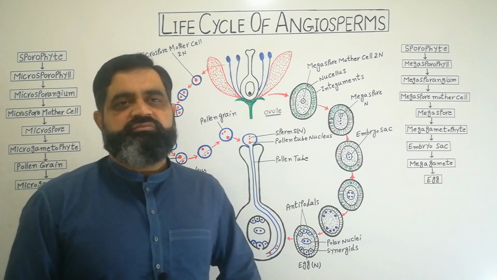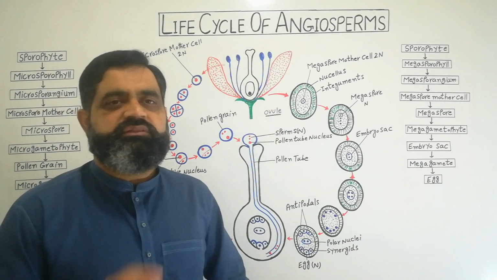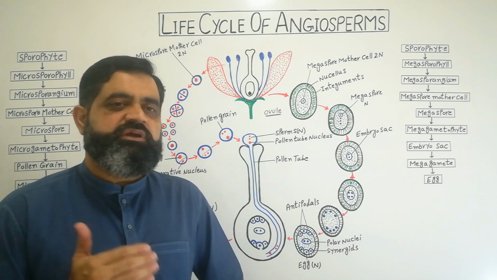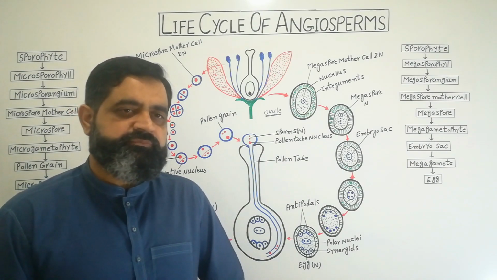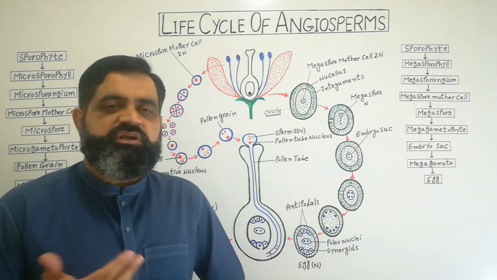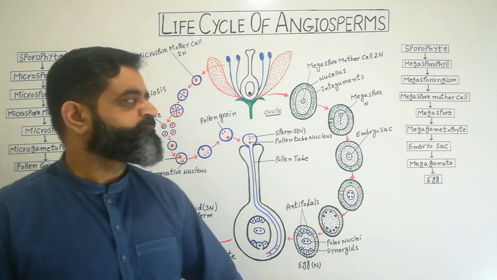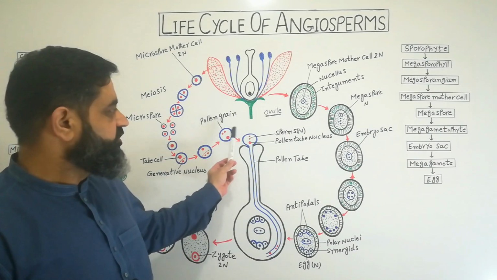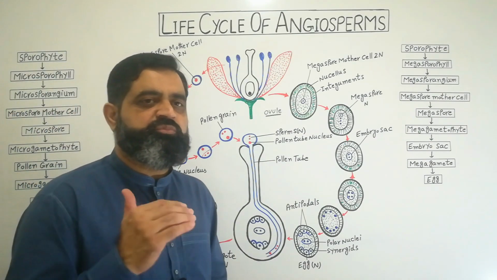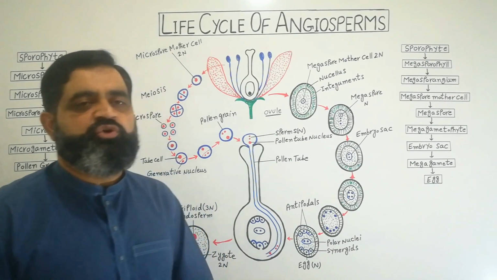Now what happens after formation of millions of pollen grains inside the anther sacs? When they are mature, the anther bursts and millions of pollen grains are released into air, water or with the help of animals. They are transferred to the female part of the flower, which is known as pollination. As you know, there are 2 types of pollination, self-pollination and cross-pollination. It can take place with water, with air, or with animals or some other factors. When a mature pollen grain falls on the stigma of a carpel, this is known as pollination. The transfer of pollen from the anther to the stigma of another flower or the same flower is known as pollination.